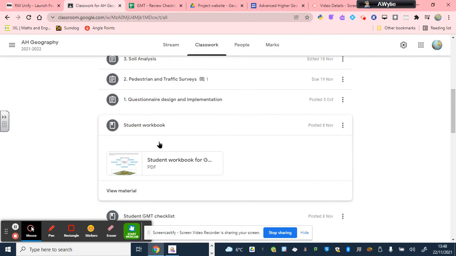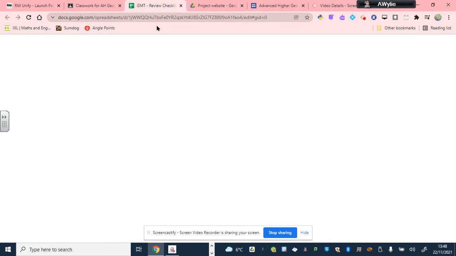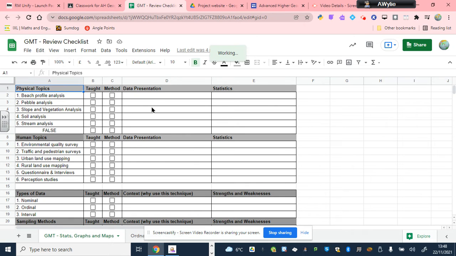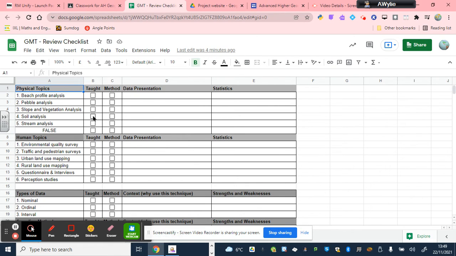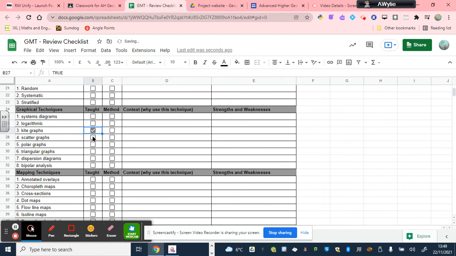Second thing I would suggest you look at is the student checklist, which is here in Google Classroom. And that will allow you to think about the fact that you've been taught a soil analysis, that you have done traffic and pedestrian surveys, and that you have done questionnaires and interviews. You have also done quite a bit of work on what's called a beach profile analysis as part of your sand dunes investigation. In terms of techniques, kite graphs have been explored, scatter graphs, polar graphs, dispersion graphs,